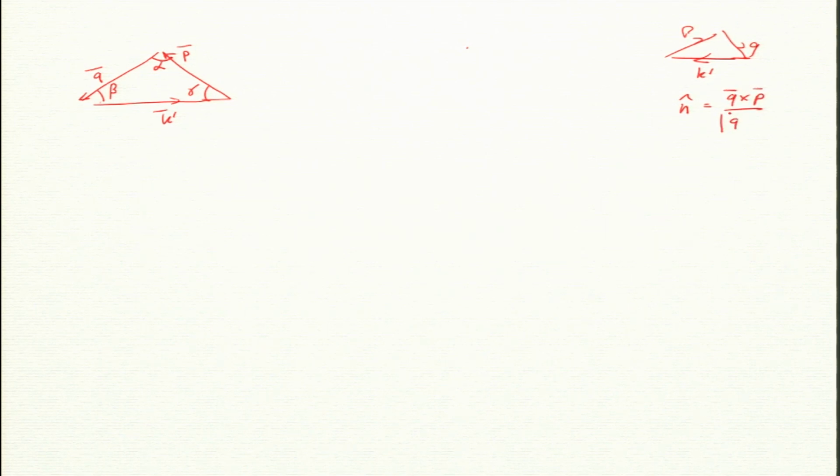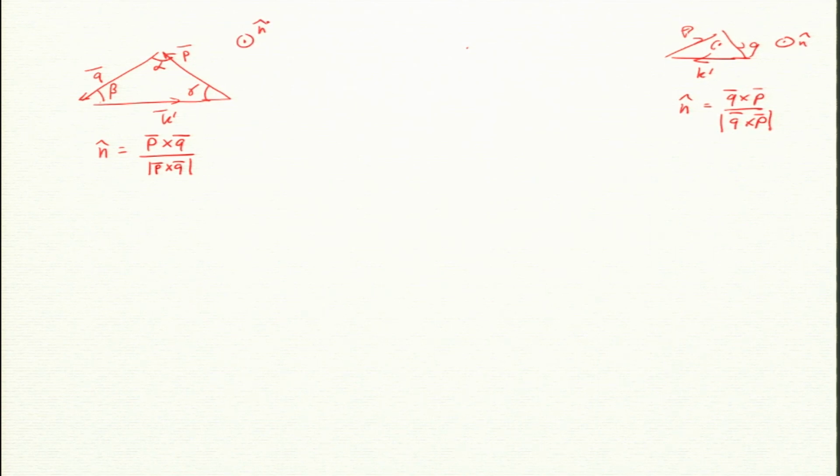Now, here my n cap was q cross p. If you see the definition, it was yesterday's q cross p, which was upward. Now, I am going to change my definition here. My n cap for this problem, I am going to use as p cross q, and there is a reason for it which I am going to tell you in a minute. So, p cross q will again be upward. My n cap is in the same direction, it is in fact the z direction.